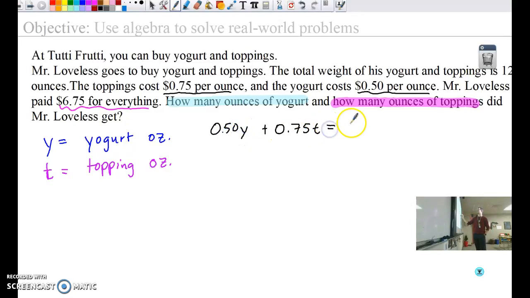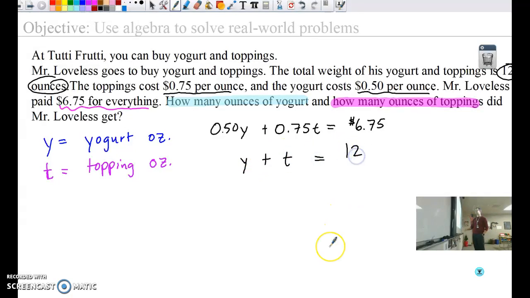And it ended up costing me $6.75 for everything. Now I had 12 ounces. Look at it, it says 12 ounces here. 12 ounces of yogurt and toppings. So if I add the two amounts together, Y plus T, the two combined